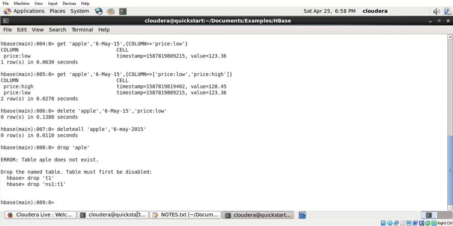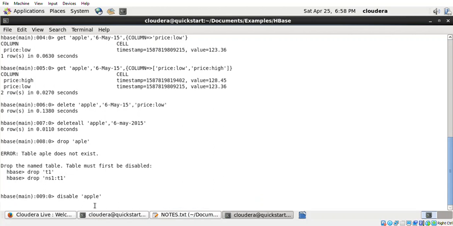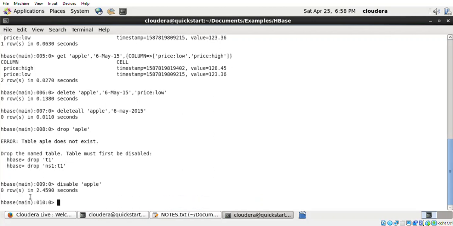That means first you have to disable the table, then you have to drop the table. So first you disable the table, that is apple. Here it will not show that it is disabled, it will tell 0 rows. Only after that can you drop the table. Drop the table, name is apple.